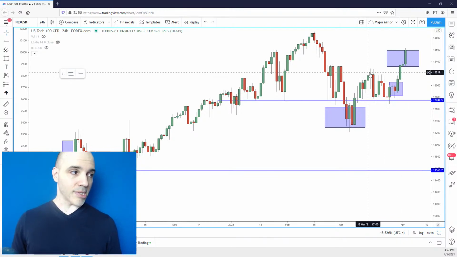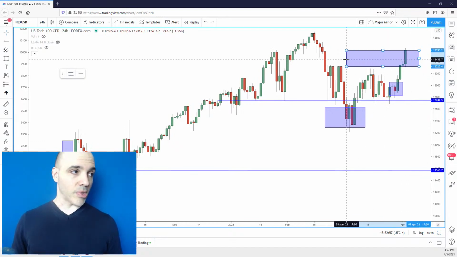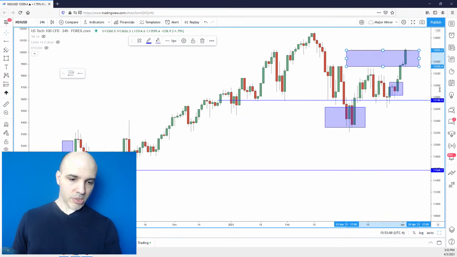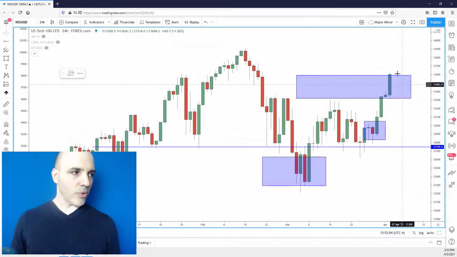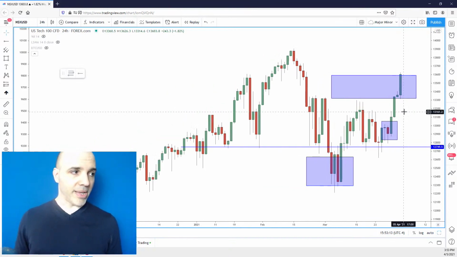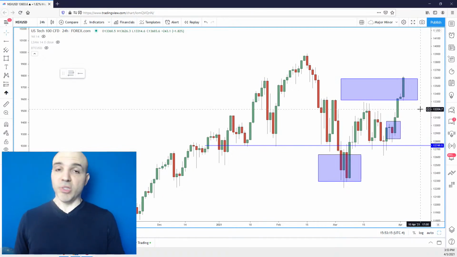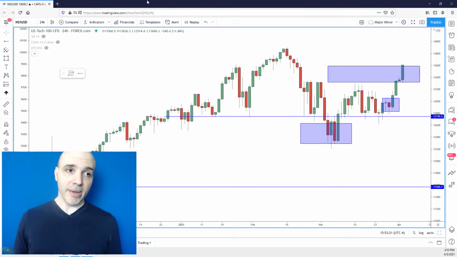Then this thing tested the resistance, which it should not have done, and now it blew through the resistance, and it's inside this reversal zone. And look at it a few minutes before the market close. Look how this thing is closing. That is decisive. That is strong. There's no reason to be short or be in something that's going to capitalize on the short side when there's no sell signal. There's just nothing there. So I might as well minimize my loss and take back whatever premium I can.